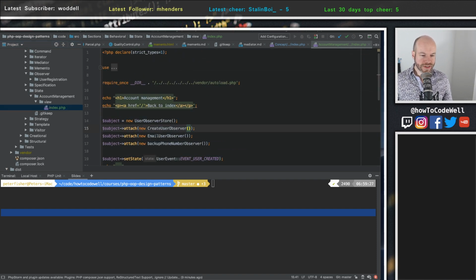So let's talk about the state pattern first. What is the state pattern? Well, the state pattern, according to Wikipedia,